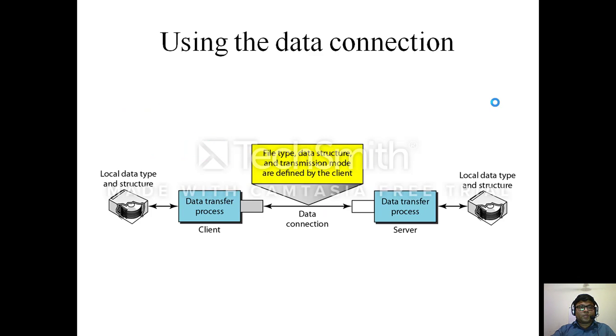Okay, let us see how the data connection is used. Data connection is established between the data transfer process module of the client and the data transfer process module of the server, and here the client side decides the file type, data structure and transmission mode.